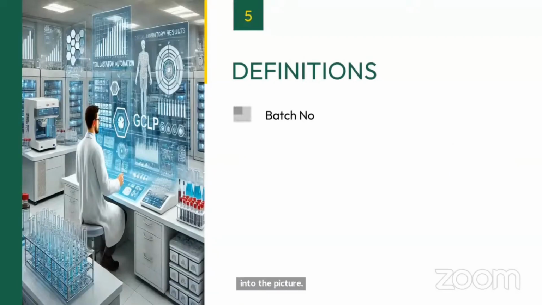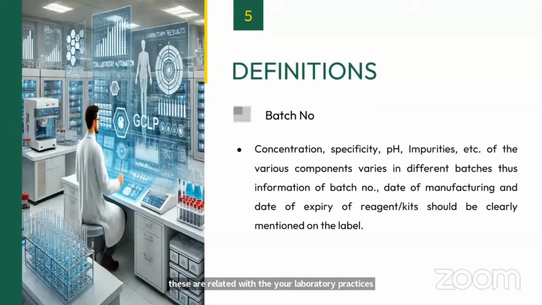Now next is the batch number. As you will be seeing, all these definitions may not be technical ones which we are using in the laboratory, but these are related to your laboratory practices. So what is batch number? Concentration, specificity, pH, impurities, etc. of the various components vary in different batches. Thus, information of batch number, date of manufacturing, and date of expiry of the reagent kits should be clearly mentioned on the label. So basically, batch number is nothing but the lot number or the batch number in which these